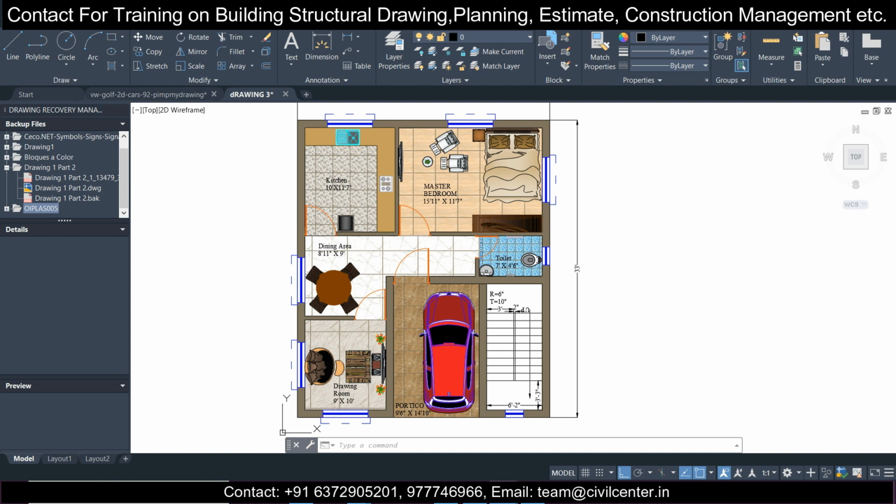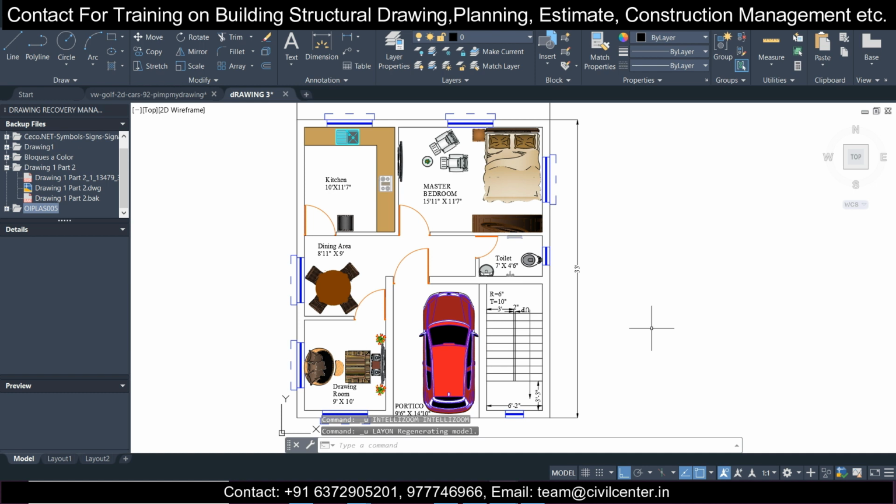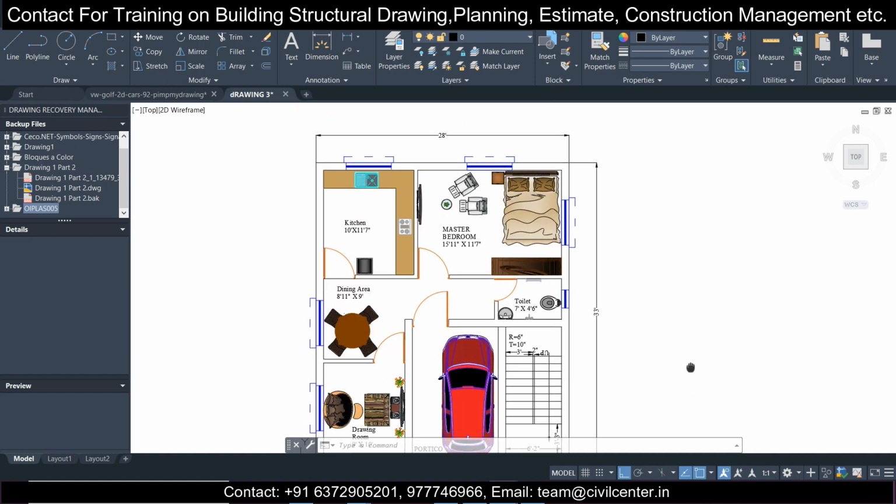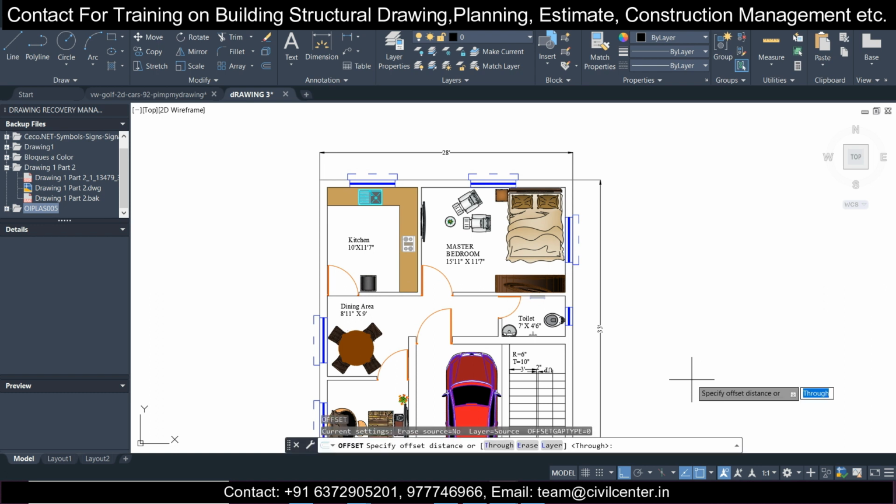Just press Ctrl+Z, and then we'll insert the boundaries to the plot. Take an offset of 1 feet, and we're taking the boundaries here.